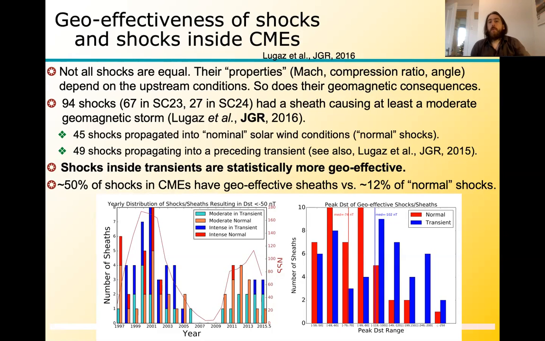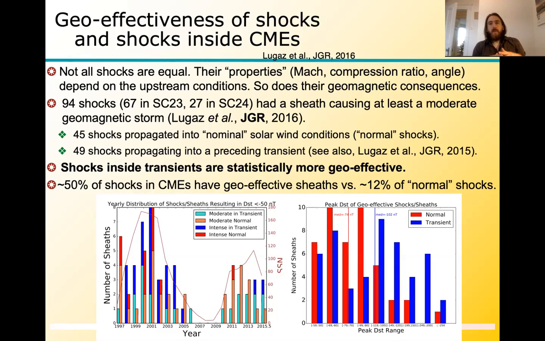And then we look in more detail too. We find that, for example, here in blue, this is the Dst peak. You can see that typical shocks inside a coronal mass ejection actually lead to an intense, dramatic storm, whereas a typical shock inside normal solar wind conditions only drives a moderate storm. In more detail too, since we know that only about 15% of shocks are propagating through a previous coronal mass ejection,